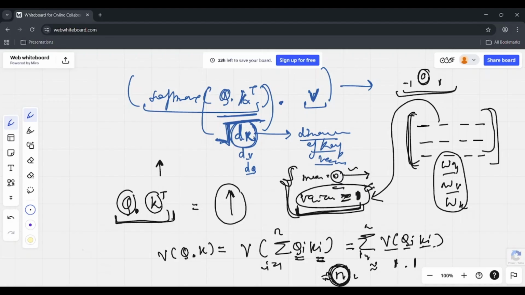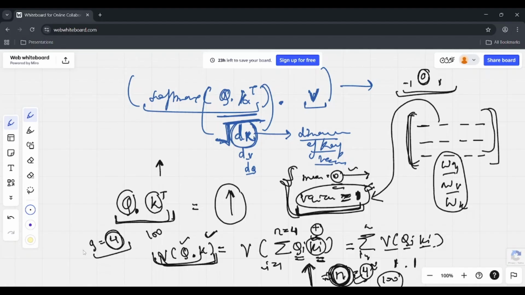right? So if I increase the dimensions here, for example, let's say initially you had 4 elements, so this n will be 4, right? Since there are 4 terms, every term will be multiplied with every corresponding term of the k vector, and we are just summing them. So this n will be 4. If I take 100, then the variance will be 100. So clearly, when we are increasing the dimension of these vectors, the variance is also increasing.